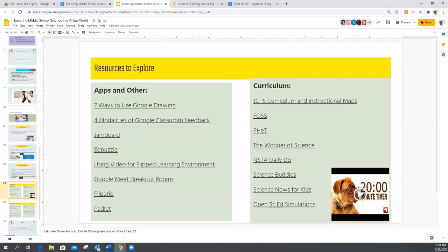All right. From my experience, Pear Deck takes a lot of preparation ahead of time. It takes something that you already have, like a PowerPoint, and you incorporate student interactive activities that they do from their cell phones. It's good, but it does allow them to get off task very easily.